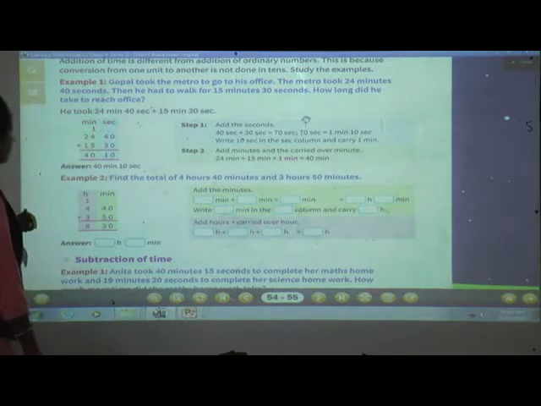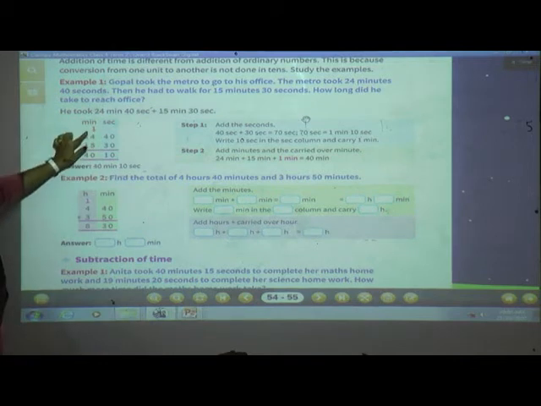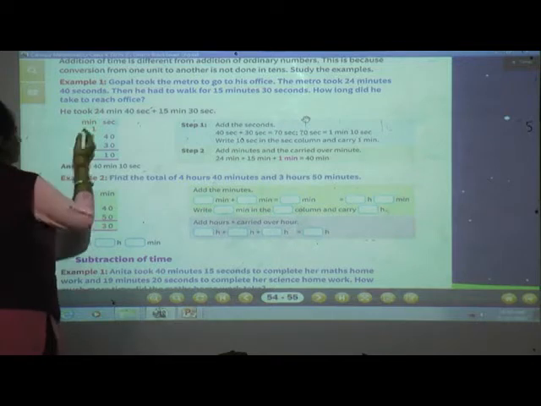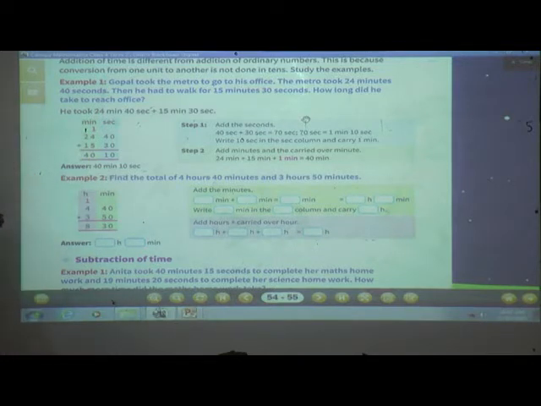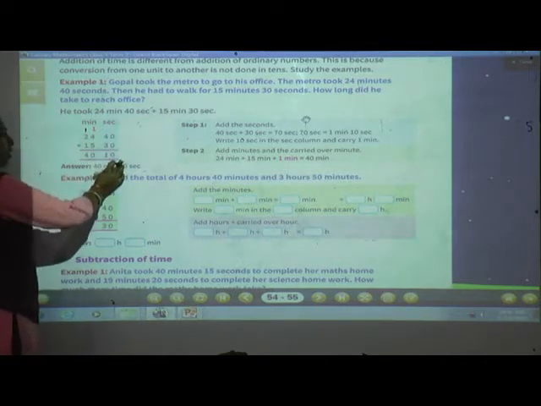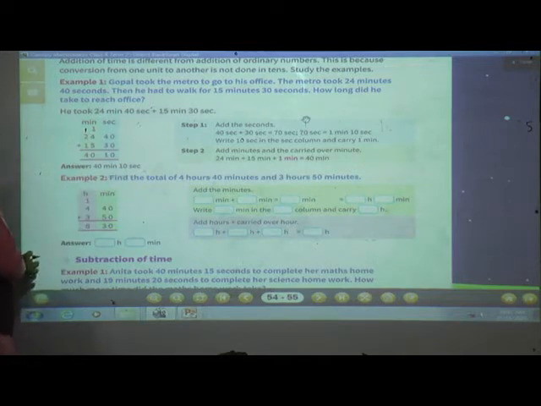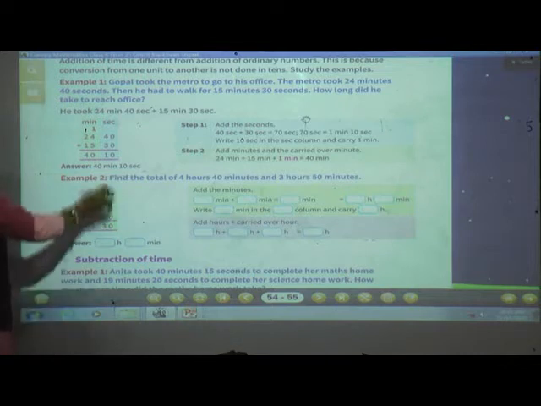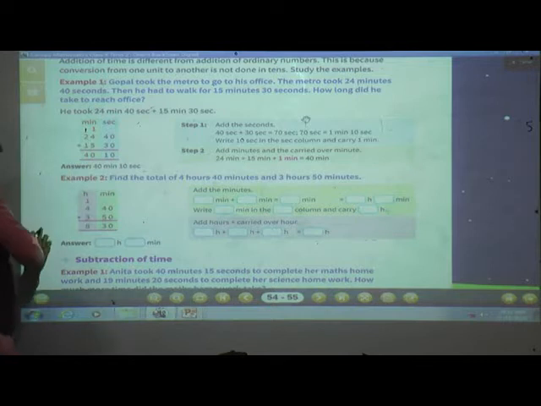And what is the second step? Now we can add minutes. So add minutes, and the carried-over minute also you have to add. Now 1 plus 4 plus 5 is 10. 0 here, 1 will be carried again. 1 plus 2 plus 1 is 4. So what is the answer? 40 minutes 10 seconds. So if you do directly like ordinary numbers, ones place addition, tens place addition, it doesn't work out. So if seconds come above 60, you need to convert it.